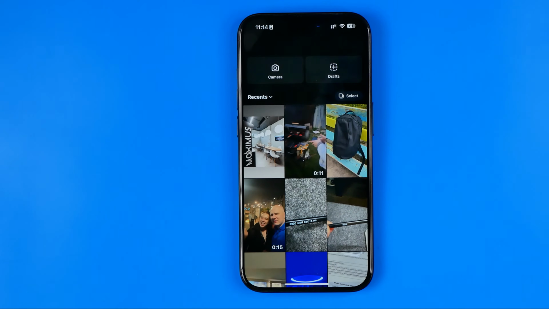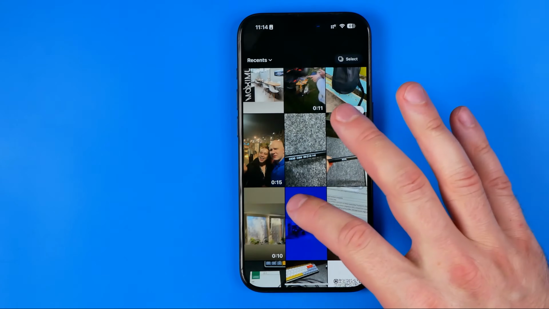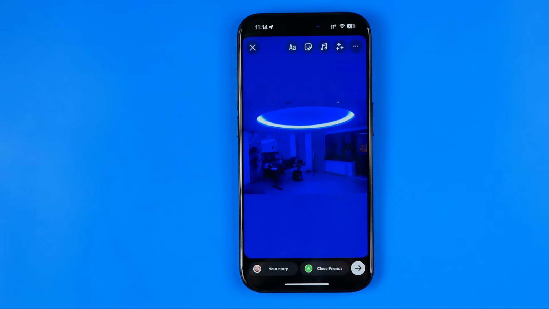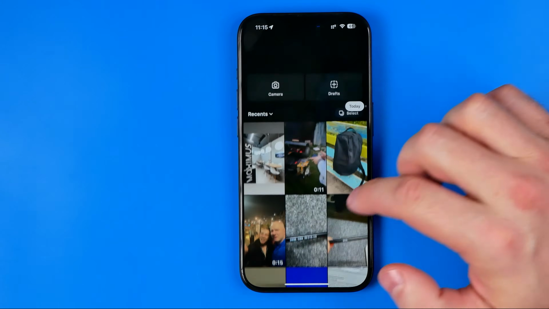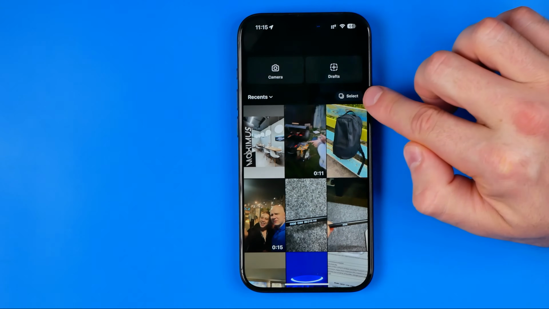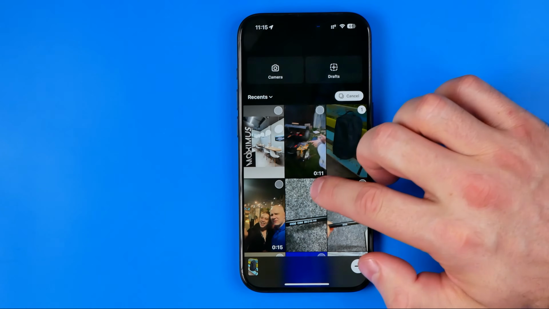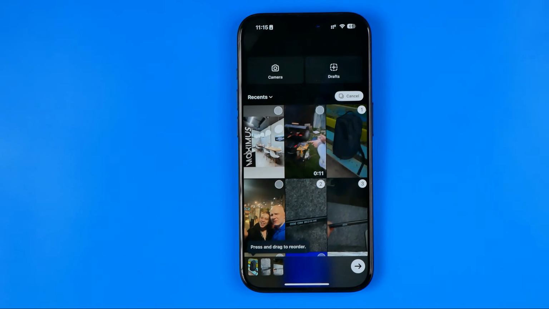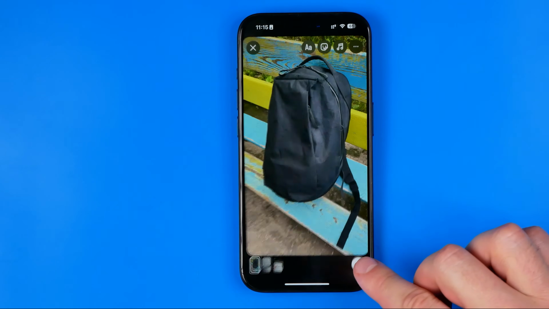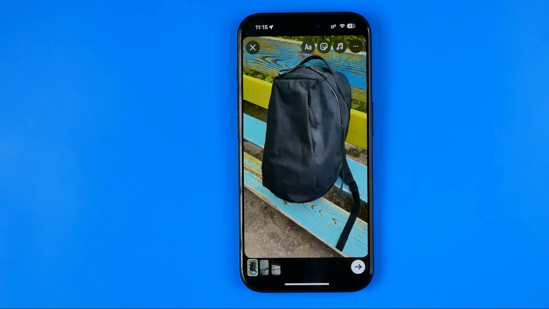And from here we can choose any media, let's say that one. You can select one picture or multiple pictures here. To select multiple pictures, first off, tap right here where it says select, and then you will be able to choose several images at once. Then tap at that arrow to head over to the next step where we can add some music here to